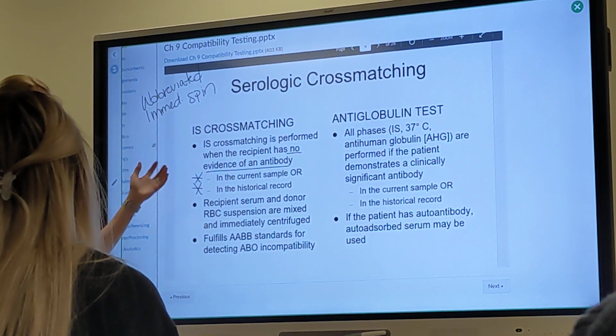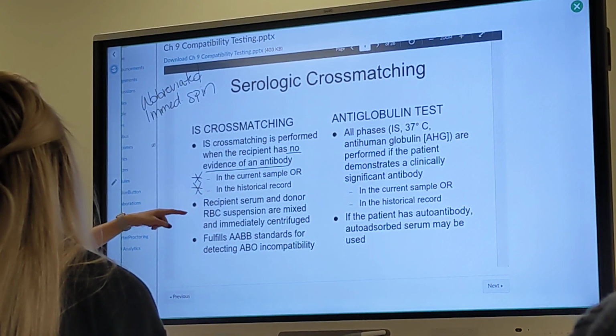So these are the only people that can get an immediate spin cross-match. And so you'll mix the recipient serum